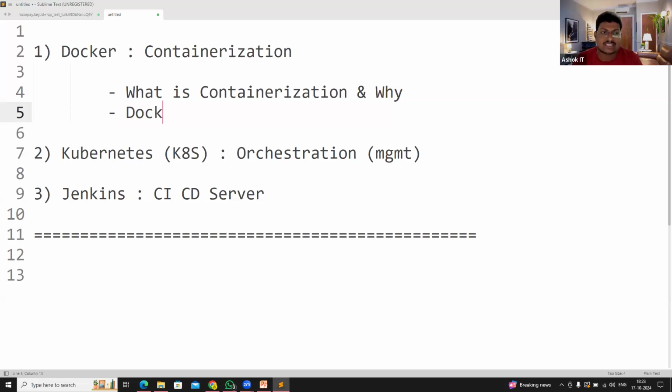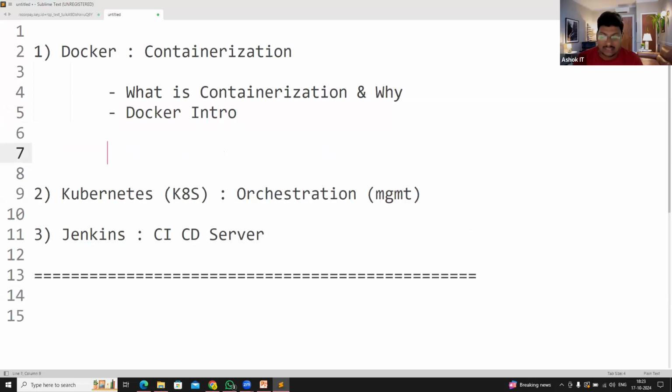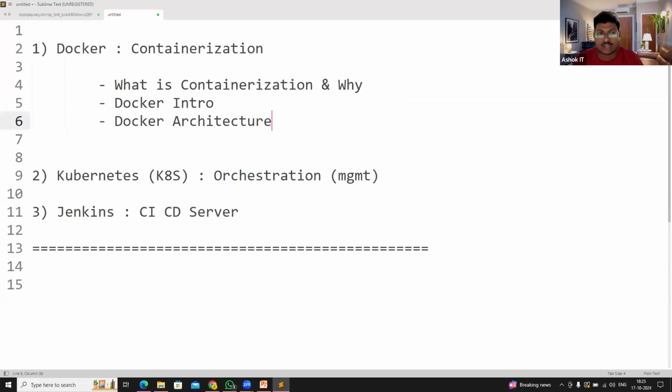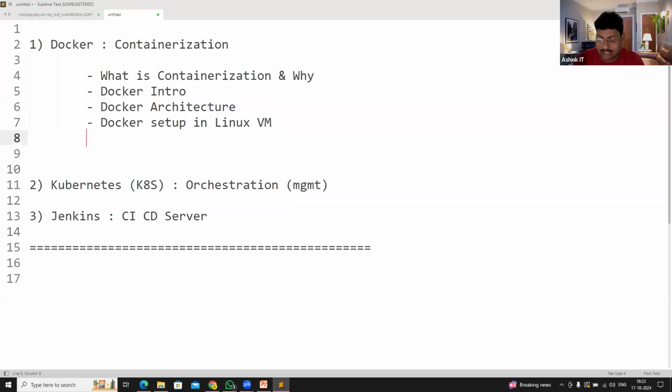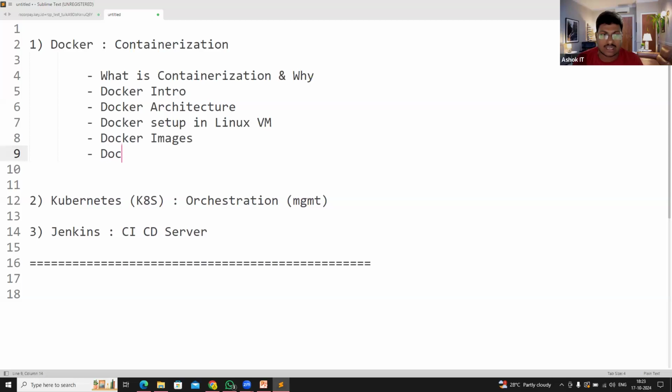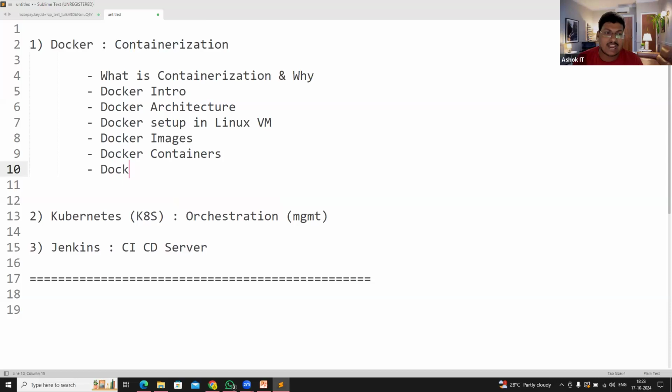Then we are going to understand the Docker introduction, and then Docker architecture. What is Docker? What is the architecture of Docker? Then we will understand how to do the Docker setup in a Linux VM. We are going to take one Linux virtual machine and set up the Docker software in it. And we are going to understand Docker images and Docker containers,